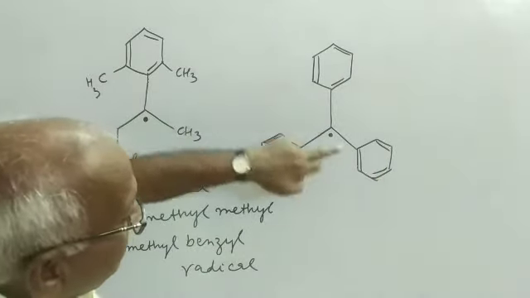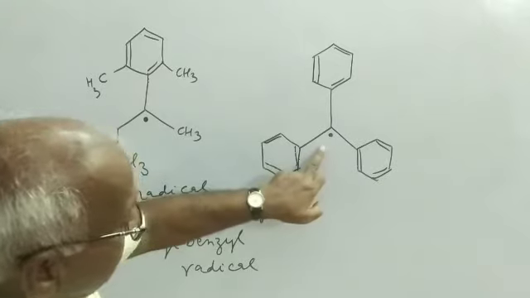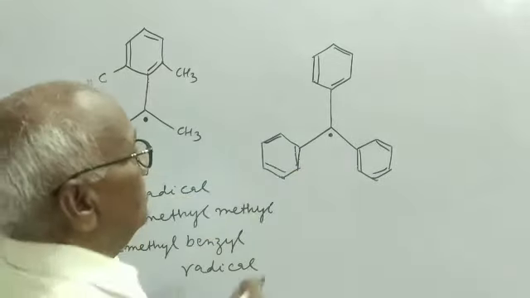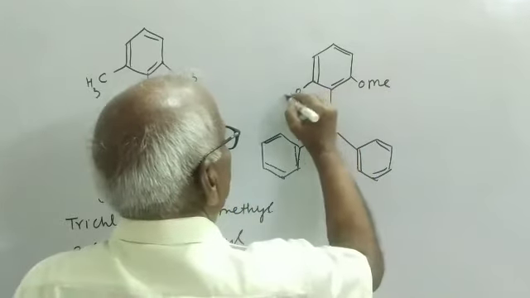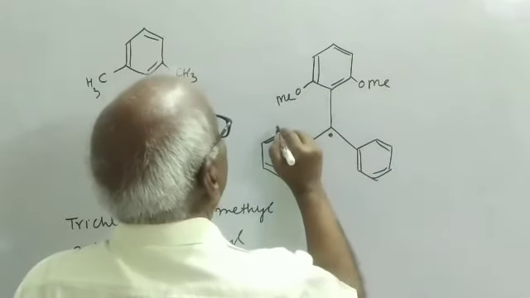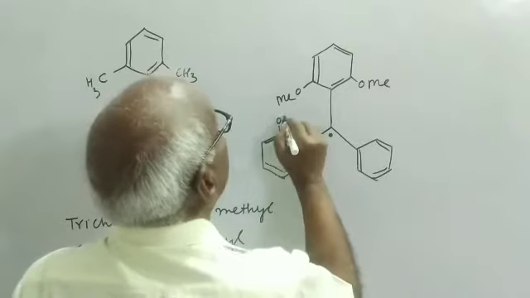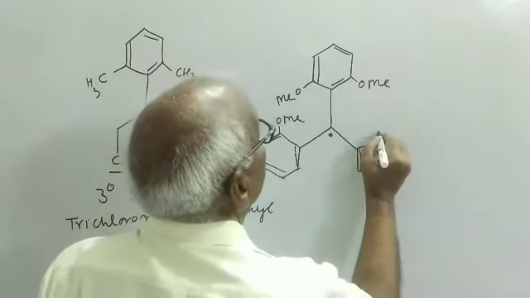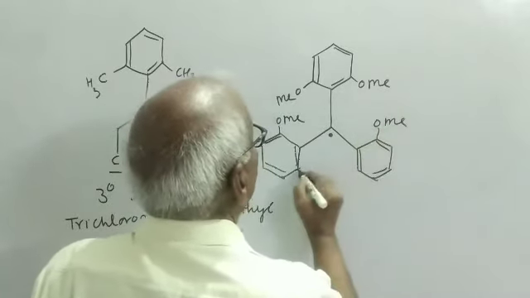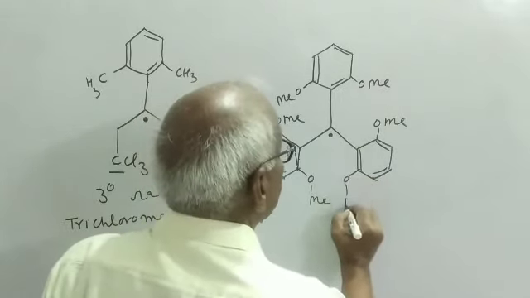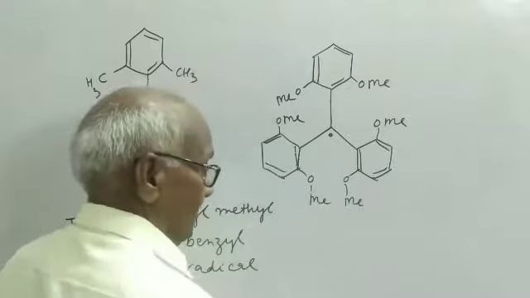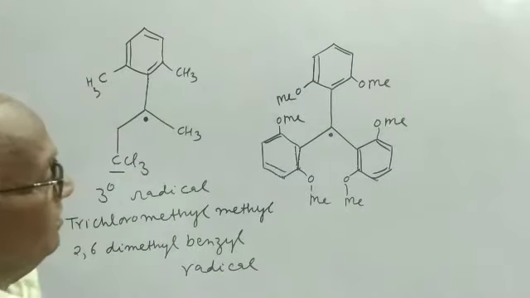This is the triphenyl methyl radical. Now you put here OCH3. You put here OCH3. Again you write OCH3, OMe. Again write OMe. You write here OMe. This is a very stable radical due to